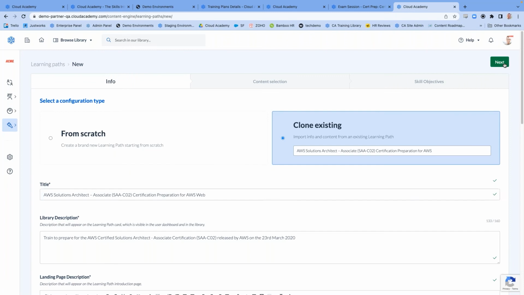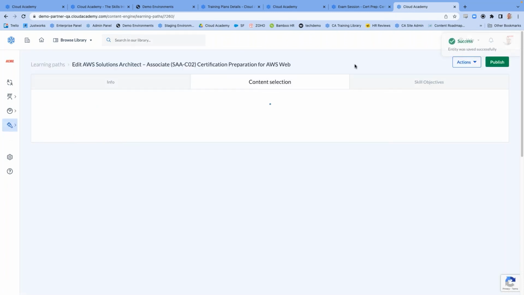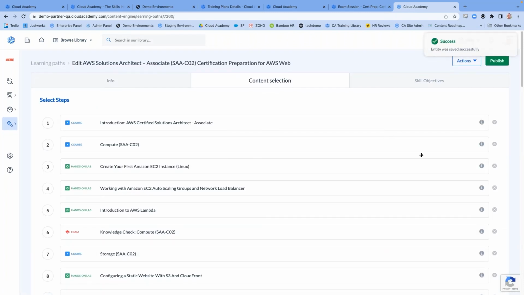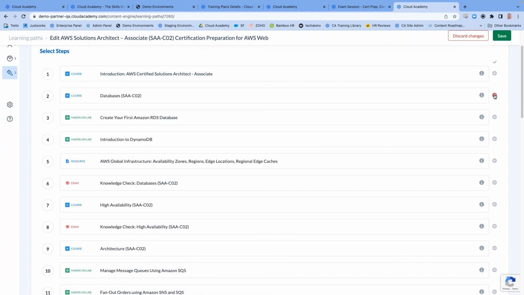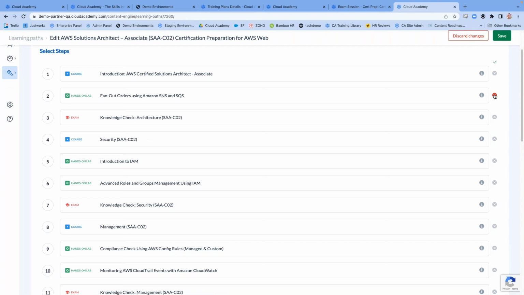And at the very next step is where you'll see you have complete control over what is included in this learning path. So now if certification is not the end goal, but a lot of these skills are relevant to what you need, now you're simply clicking this X button and removing courses, labs, exams, quizzes, really trimming the fat on this learning path to make it exactly what you need it to be.